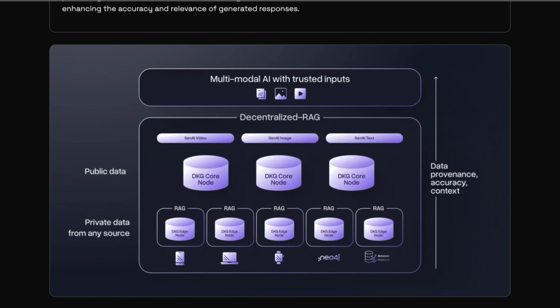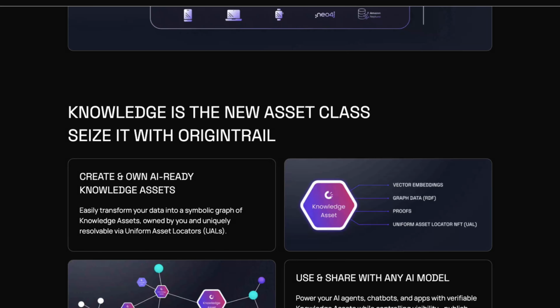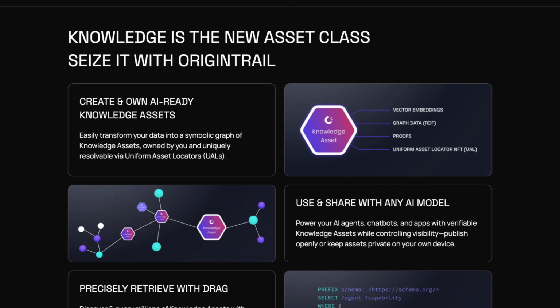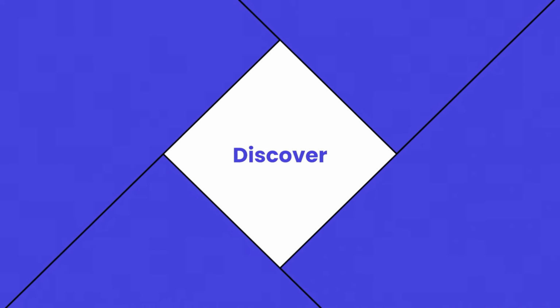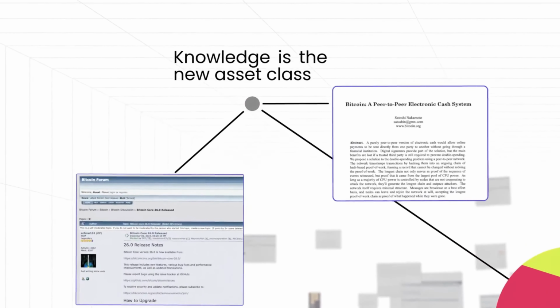Each box comes with a cryptographic proof. Who created it, when, and that it hasn't been tampered with. So when the AI gives you an answer, it can also show you the exact knowledge asset it used. You can click the link and verify it yourself. No more blind trust.